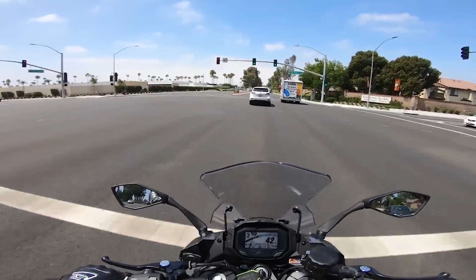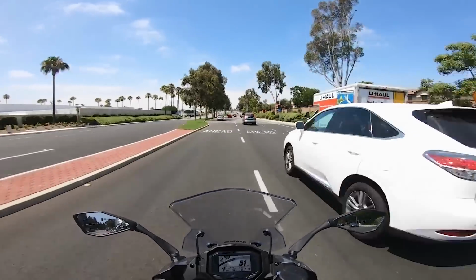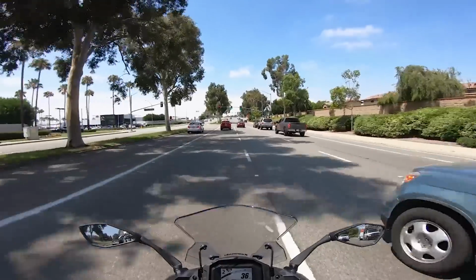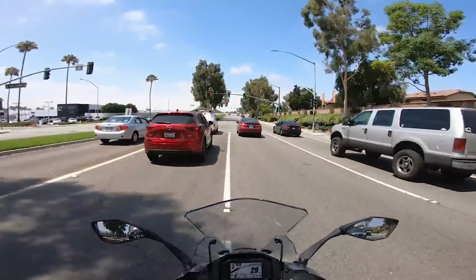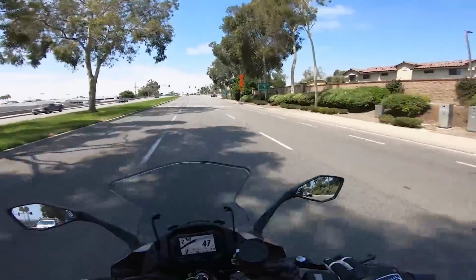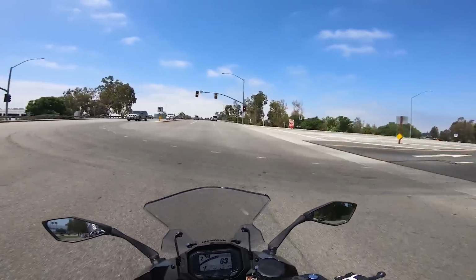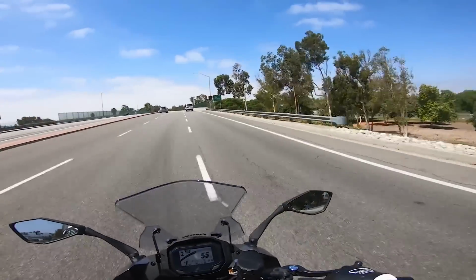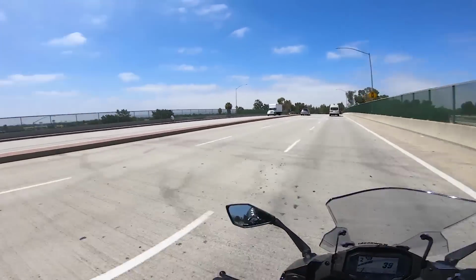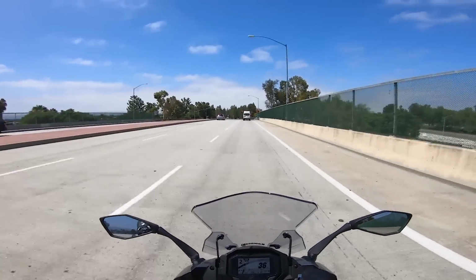Let's kind of blitz through some traffic here. Let's get this roundabout. And really show what this motorcycle can do on the side of the tire. Oops. Sneak through there. We're gonna run through this light. Uh-oh. Made it. This motorcycle weighs 533 pounds with the 28-liter saddlebags on it, which are an accessory from Kawasaki